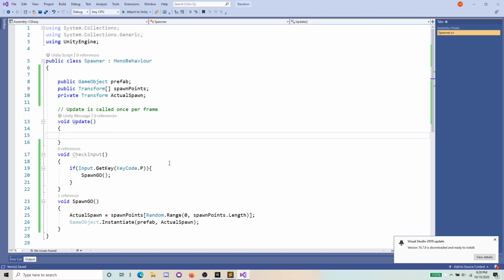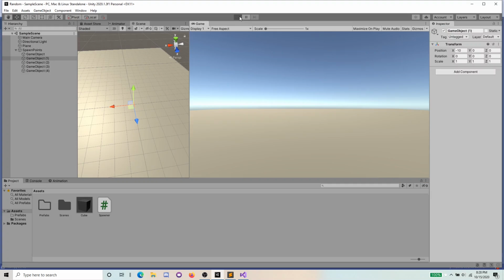We want to make sure that we're checking our input each frame, and right now we simply just make our function that checks input, but we never tell the computer to actually run this piece of code. So in void update, which happens every frame, we can tell it to check input. If we save and go back into Unity, and then we run it one more time,